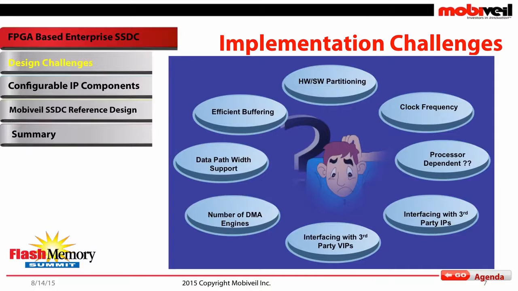And the clock frequency and the data path support go hand in hand, because what is the target frequency you can achieve on a particular device? You need to make sure that you can scale up on the data path width if you can't run at very high frequencies. The components you have to choose as a reference design should be flexible enough for an optimum solution to pick and choose between frequency and the data path width.